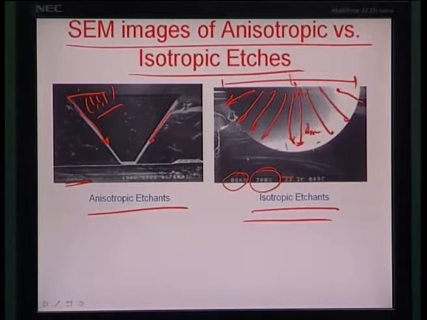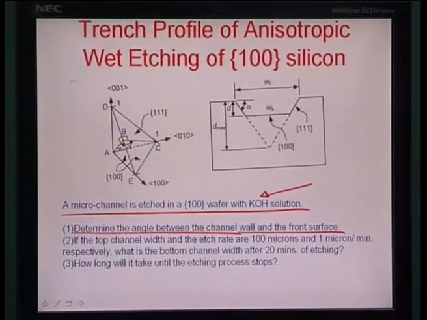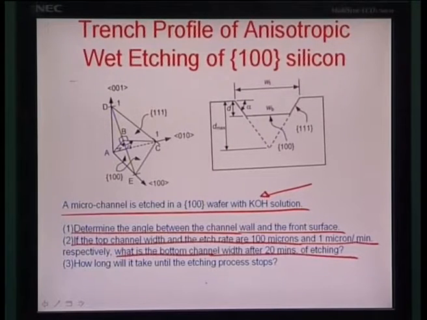So, we are talking about this particular angle theta that we need to determine here, and then we are also given that the top channel width and etch rate are respectively 100 microns and 1 micron per minute, and we need to find out what would eventually be the bottom channel width after about 20 minutes of etching is over. And in the third question, we have to find out how long the etch process takes